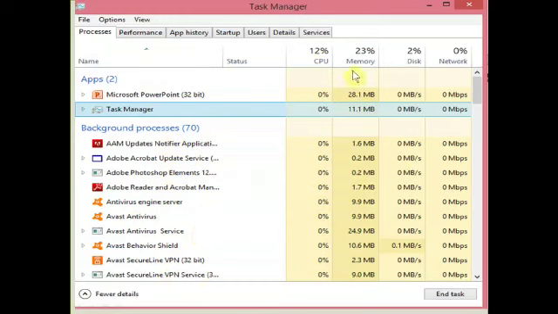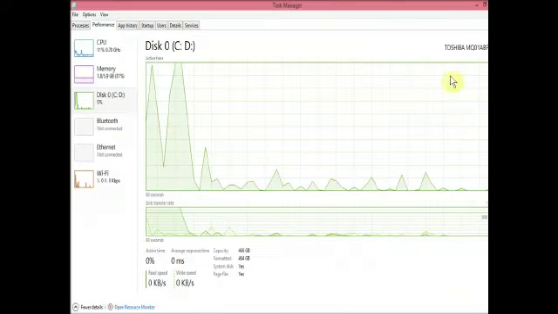You can get other information from this window also, like memory, disk, network, and other resources used by the application. If you click on this Performance tab, you can get the resources used by the applications. You will get this type of screen, and it will give you all the information about the resources used by that application.